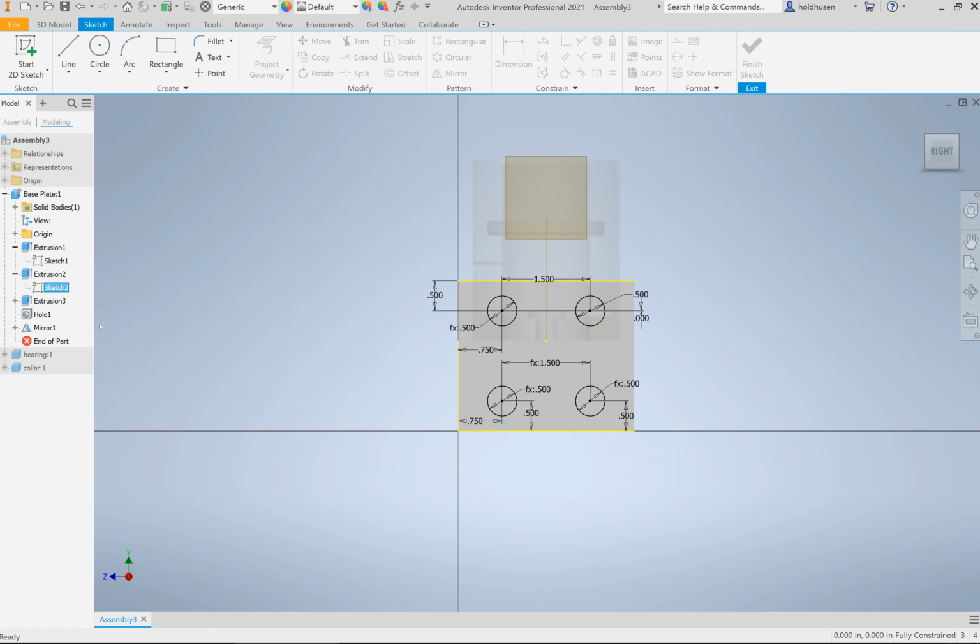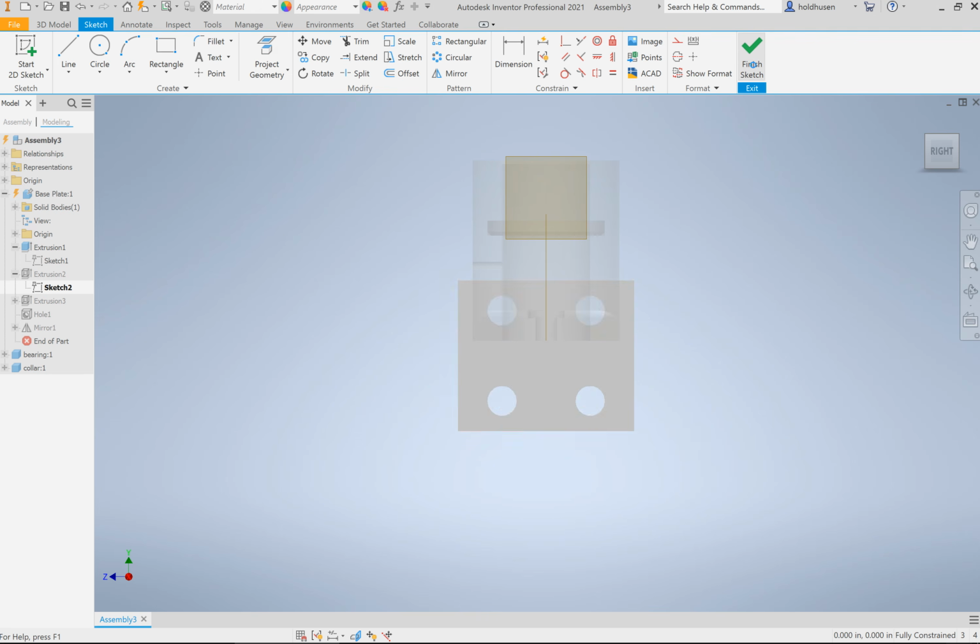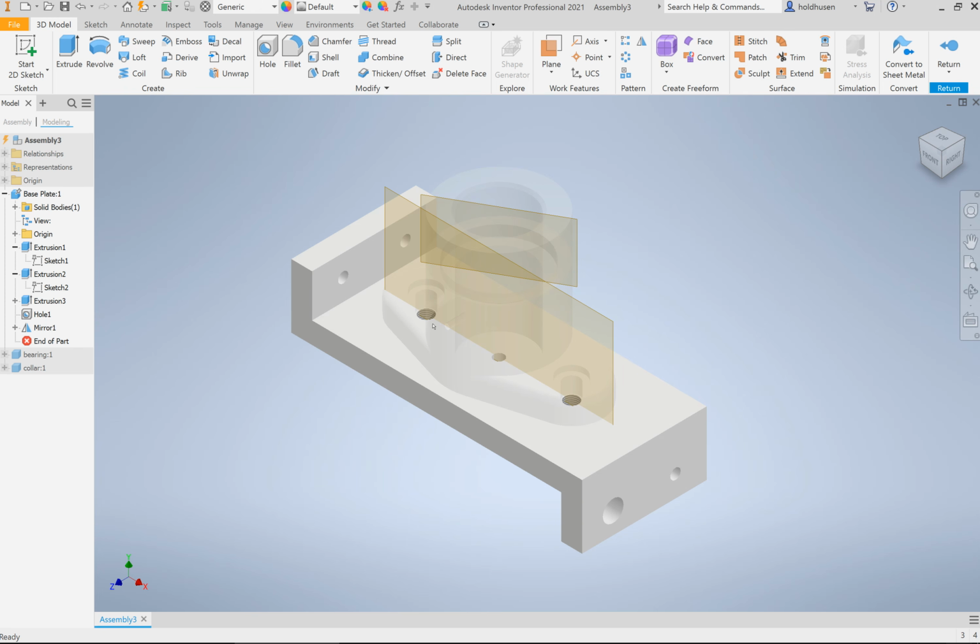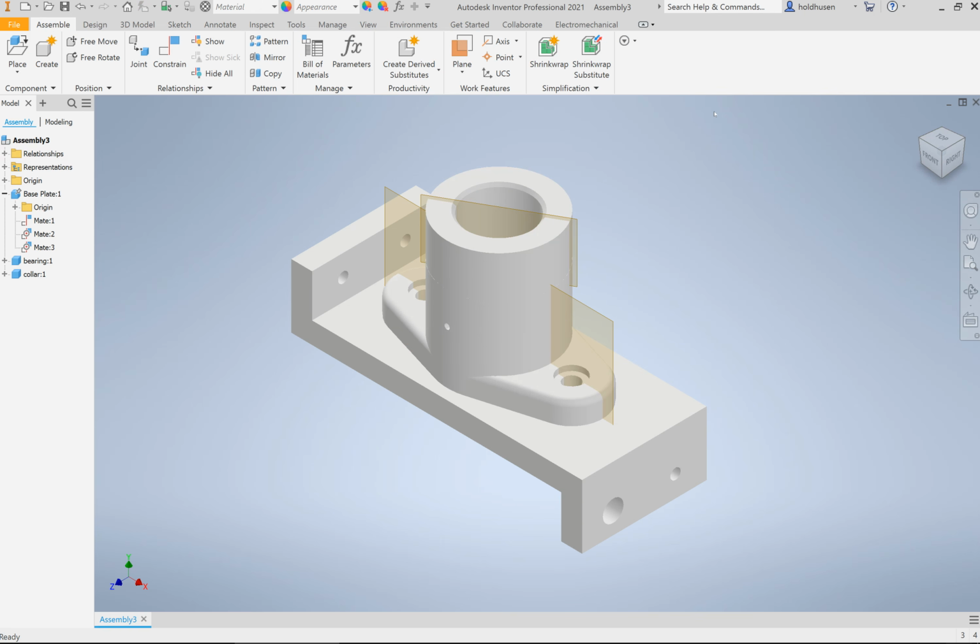So I can go into edit sketch, and I can change that diameter, maybe we'll call it a 1/4 inch instead. Click OK. And then if I finish my sketch, you see that it changed those holes for me, and they're now smaller. Some of them were linked, so apparently not all of them, but you get the idea there. And it'll actually update that file if necessary. So I'm going to go ahead and hit return. It'll save that file, update it back where it was. So you can go ahead and make constraints, change them on there,